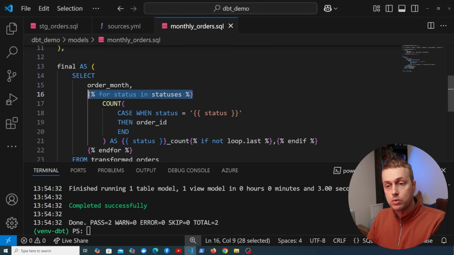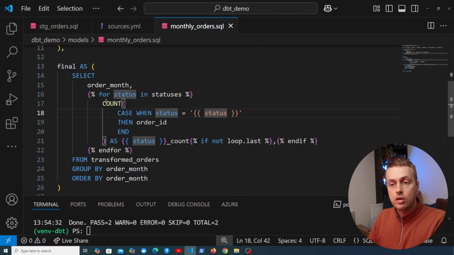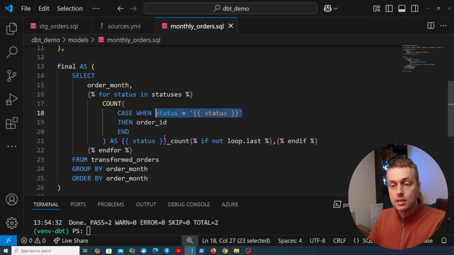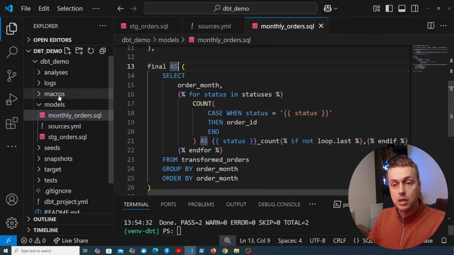make the logic very simple to write. So instead of doing this for each field here, we've consolidated the logic into a Jinja for loop, and for each one of the statuses we're getting a count of when the rows equal to that status for the given month. And if you want to know what this actually does under the hood, let's bring back the sidebar, and